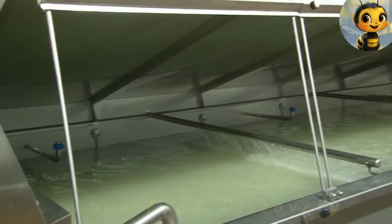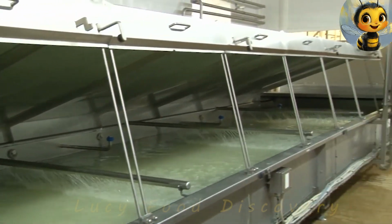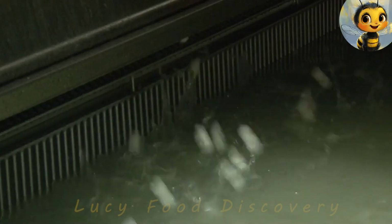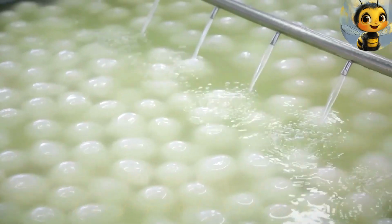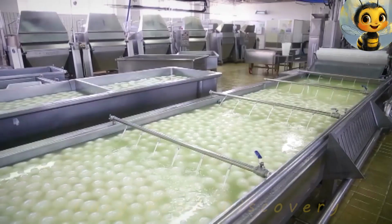The real secret to mozzarella's delectable taste lies in the immersive brine solution. Crafted by dissolving salt in water, this saline solution becomes the cheese's flavor-enhancing and natural preservative bath. As the cheese luxuriates in the brine for a few hours, it absorbs the salt and other delightful flavors, creating